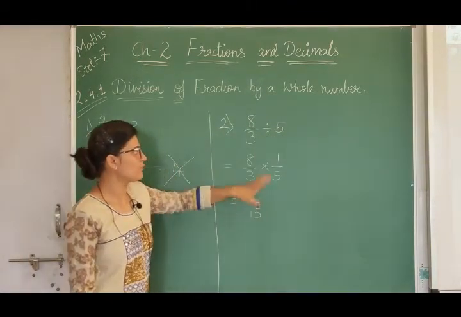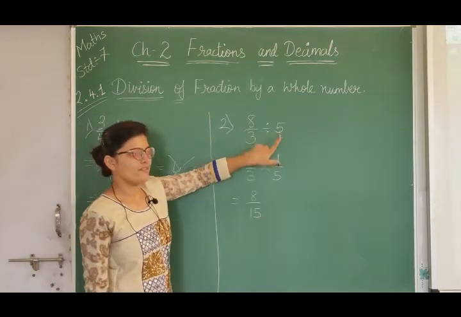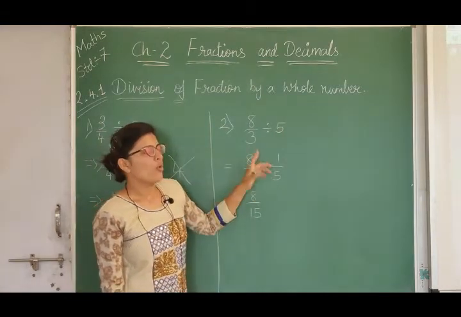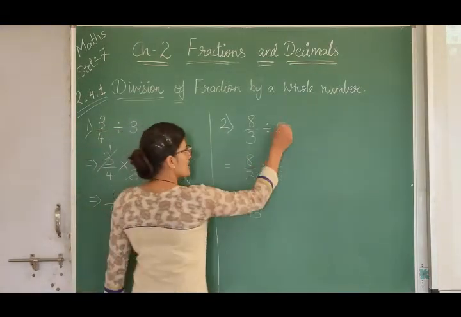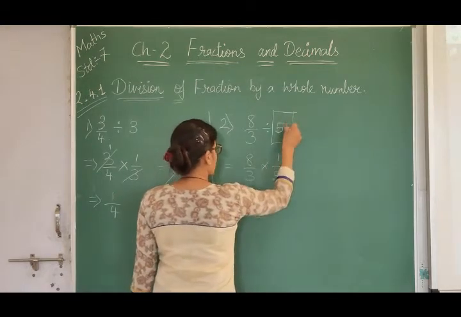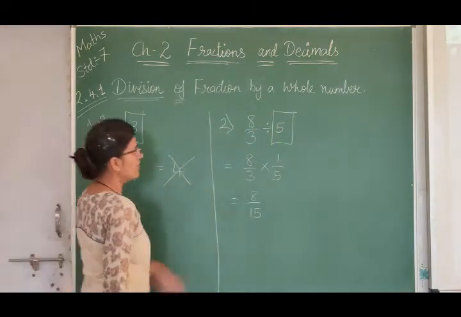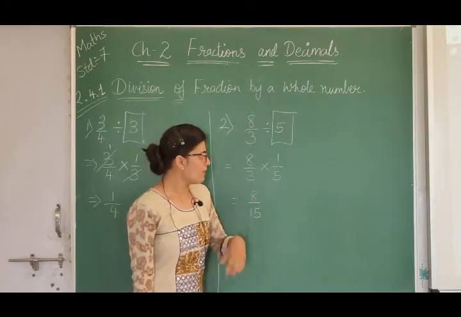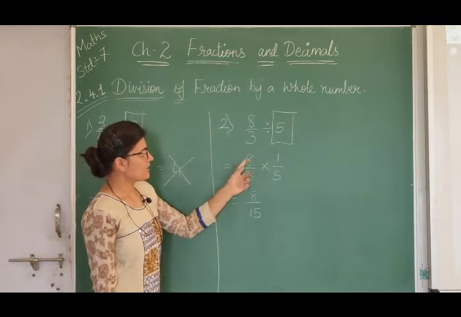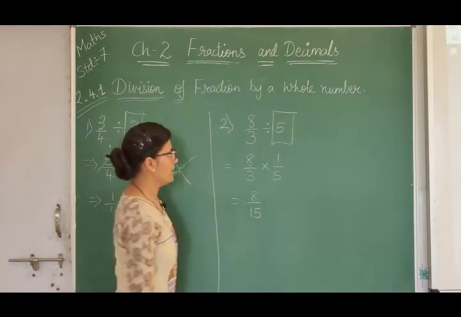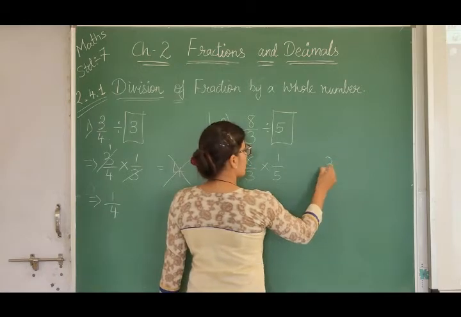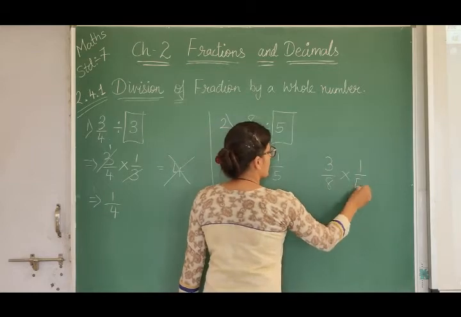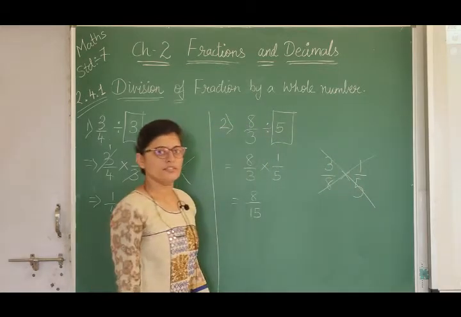Okay. Now second question is 3 by 8 divided by 5. Now same thing we have to do, 3 by 8 as it is. Division sign will be converted into multiplication sign. 5's reciprocal will be 1 by 5. Always take the reciprocal of the second number given to you in the division form. Now 3 by 8 multiply reciprocal of 5 is 1 by 5. So it will be 3 1s are 3 and 8 5s are 40. Now if you take the reciprocal of this 3 by 8 and again multiply by 1 by 5, then this is incorrect.